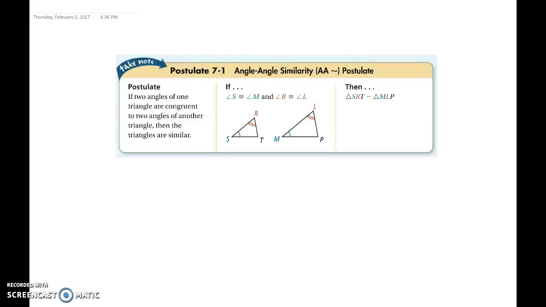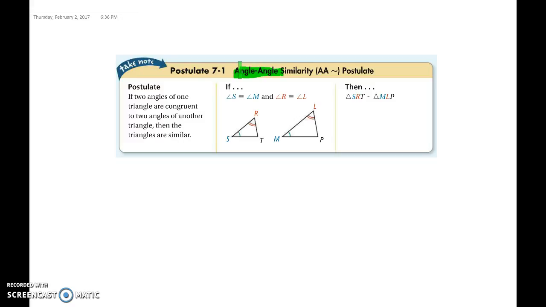All right, so the first one is angle-angle, and this is very, very easy. If we have two angles that are congruent in two separate triangles, it's guaranteed that they are similar. Guaranteed that they will be the same proportion, the same ratio, guaranteed. So all you have to do is show me that two angles are the same, and then the two triangles are